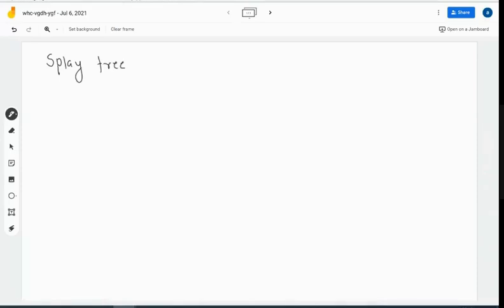So I was telling you regarding this splay tree, and I told you that it is a version, or you can see it is somewhat similar to your binary tree. And we have different operations that can be performed on this particular splay tree. So you can see for different binary trees, we'll have different operations, that is search, insert, delete, and so on. Now in splay tree, as I have told you, there will be an extra operation that is called a splay.